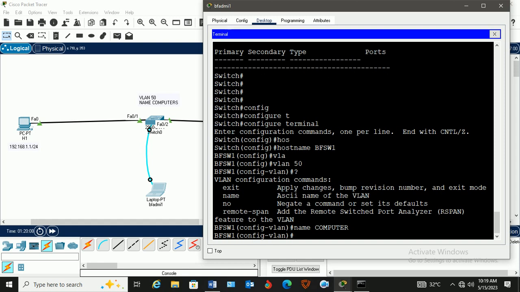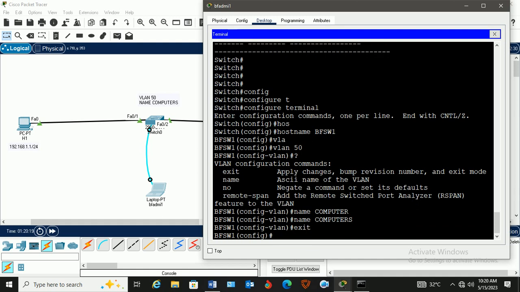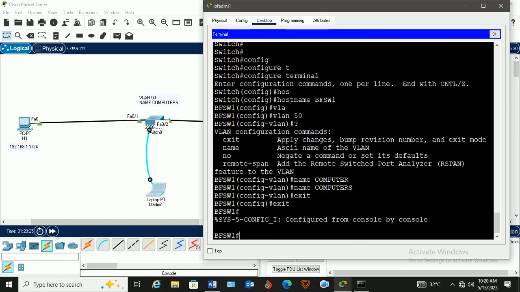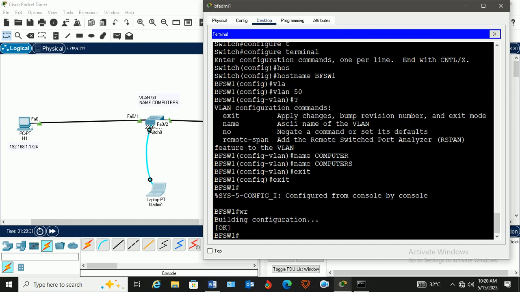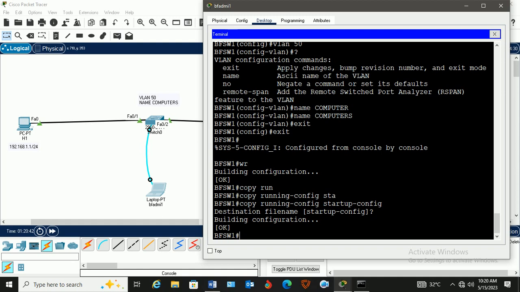We enter. It's computers, so let's make it computers. Now, I will type exit because I finished what I was supposed to do. Now, I will type exit again. Then I will type WR, which means that I'm writing the configuration in memory. Then I will save it by typing copy run config startup, so that anytime